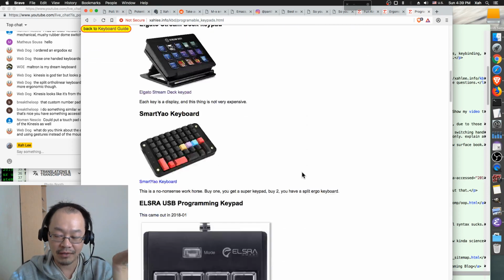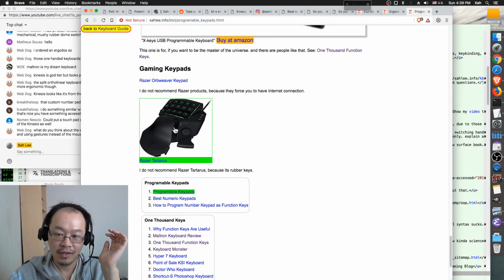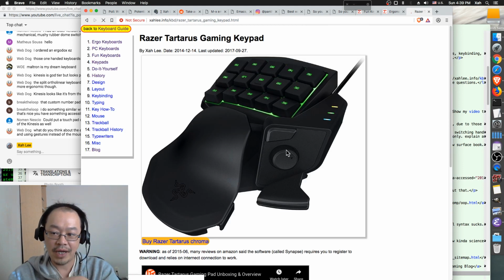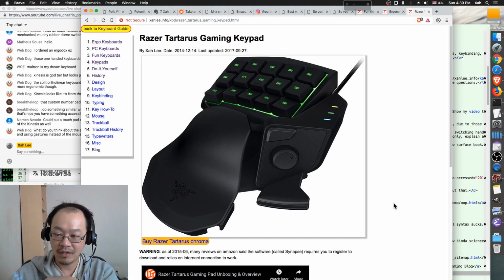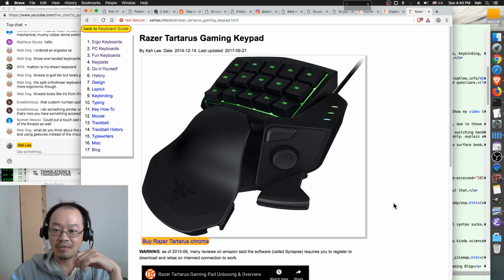Now, of course, they are more expensive, but if you don't want to spend that, for example, this one made by Razer, it looks great, right? You got this ergonomic design, but it's crap. The Razer company in some cases intentionally removes the memory, removes the firmware.